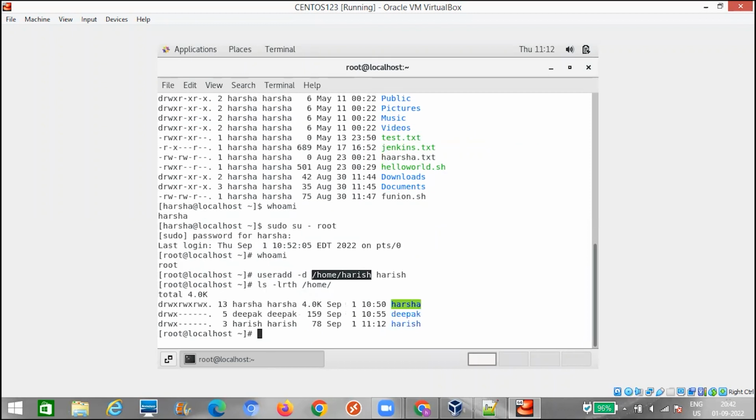ls -lrt /home. Here we see a new directory that has been created with the name Harish. And the user for this directory is something like,